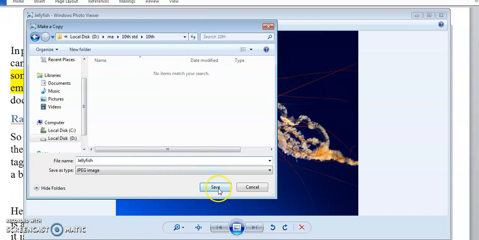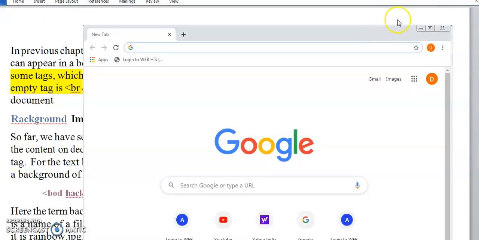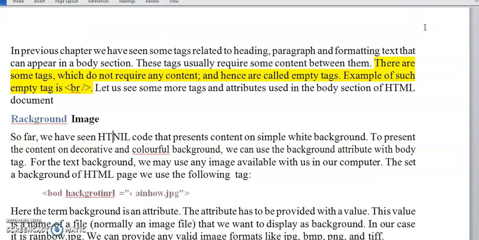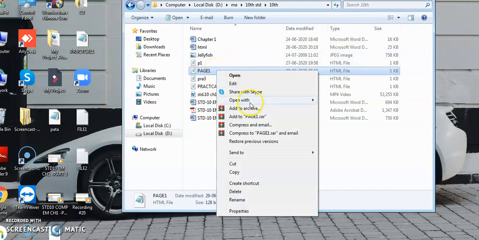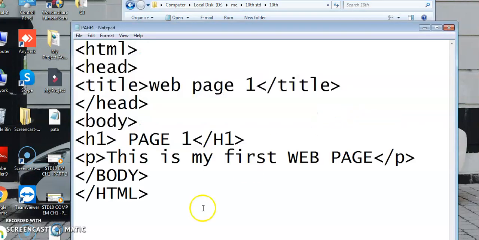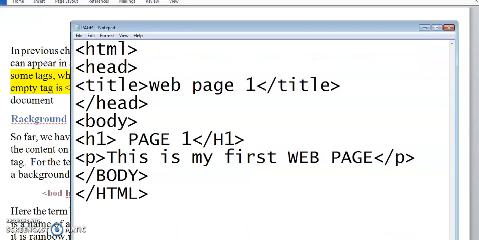Jellyfish image. Now I want to use this image in my web page. What is my web page file name? Page 1. I will open this file with notepad. So we are going to see body background. So we will just write here in this tag like this way,